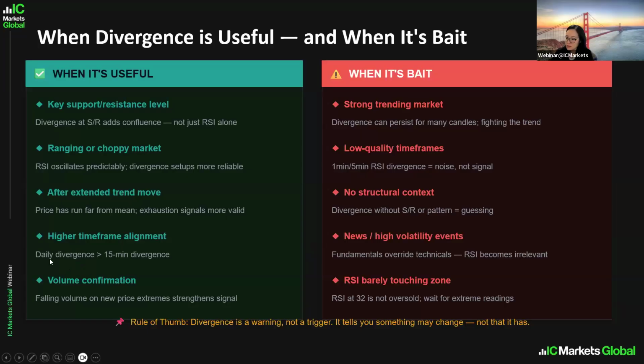So you're going to see the divergence in the daily time frame is more, and so it means more reliable in the M15 divergence as well. Okay, so let's just say in D1 we spot the bearish divergence. This is the bearish divergence here, right? And then in the lower time frame, you also spot the bearish divergence. Okay, this is the